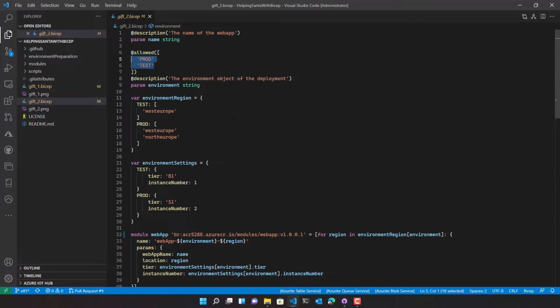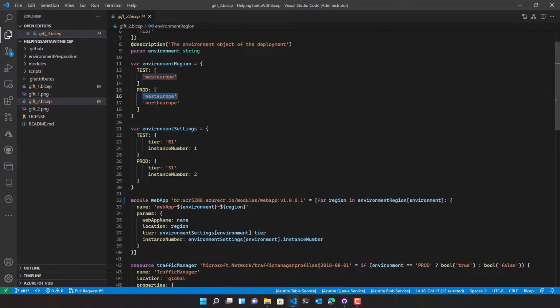Then we defined a couple of arrays that contain different values depending on in which environment we are working. For example, this one that is the environment region array for the test environment contains only West Europe, while the prod environment contains both West Europe and North Europe.